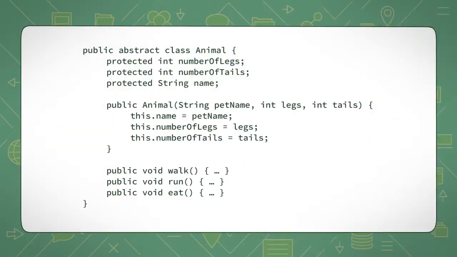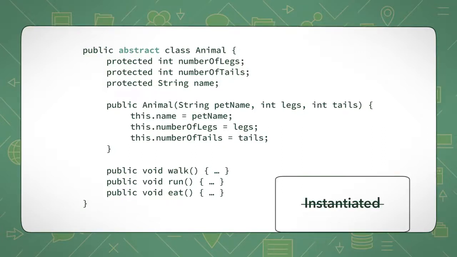create Doug from it. Since an animal is a generalization of specific species, we do not want to be able to create an animal object on its own. We use the keyword abstract to declare that this class cannot be instantiated. That means that we cannot create an animal object. The animal class will be the superclass for our dog subclass. Any class that inherits from the animal class will have its attributes and behaviors.